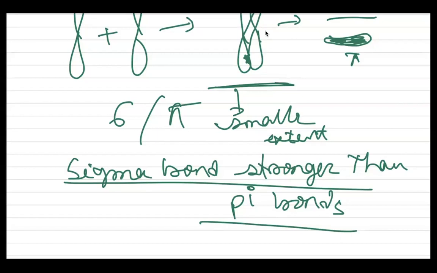It is not possible in a molecule that a pi bond forms but a sigma bond does not. Suppose carbon double bond carbon: one bond is a sigma bond, the other is a pi bond. Suppose carbon triple bond carbon: two bonds are pi bonds and one bond is a sigma bond. So a pi bond between two atoms is formed in addition to a sigma bond. Only a pi bond forming without a sigma bond is not possible. Clear? Yes, ma'am.